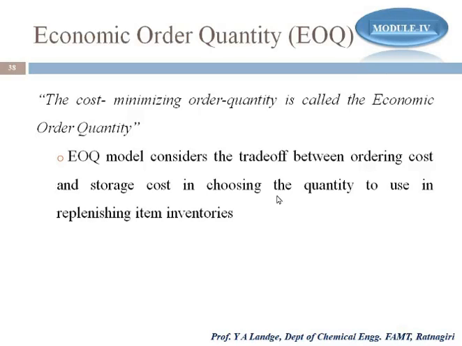Okay, the other thing I have to look out for is the storage of it, how much cost I have to spend for storing that particular good. On that basis this EOQ model works. And from that we try to get the cost minimizing order quantity. How much minimum order do I have to give in that case? Okay, so let's see